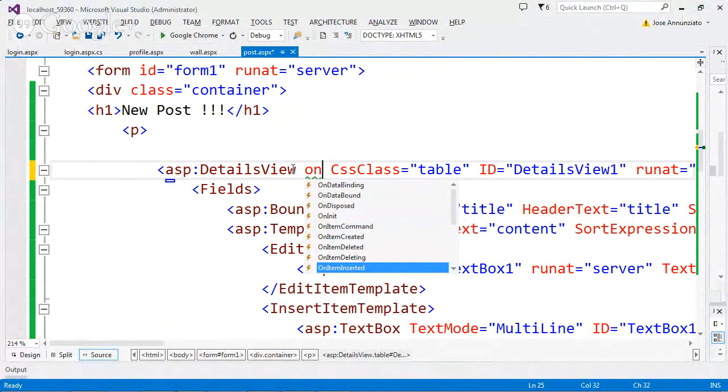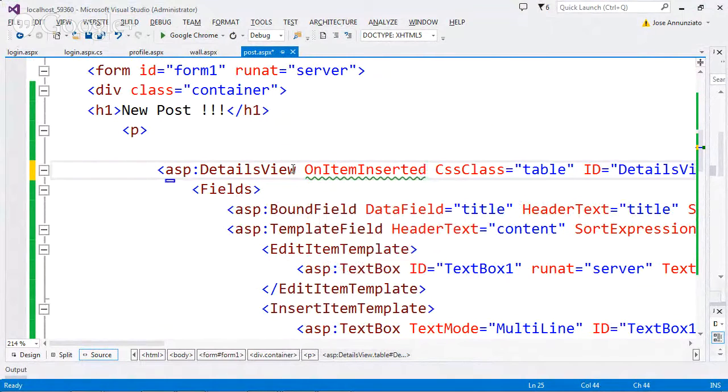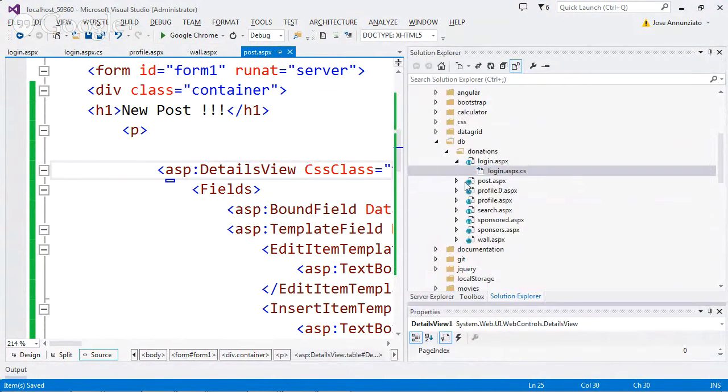Okay. Once it has been successfully inserted, what is it that you want to do? I want to create an event. But before I do that, let me show you. Post.aspx has a sister file. Post.aspx has